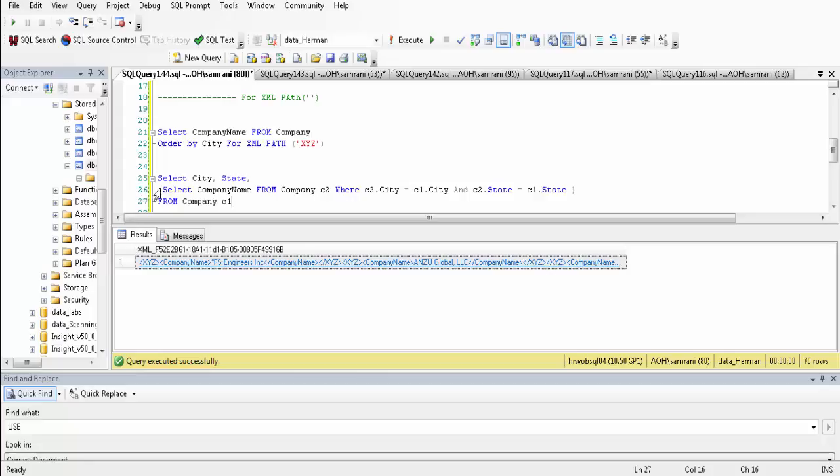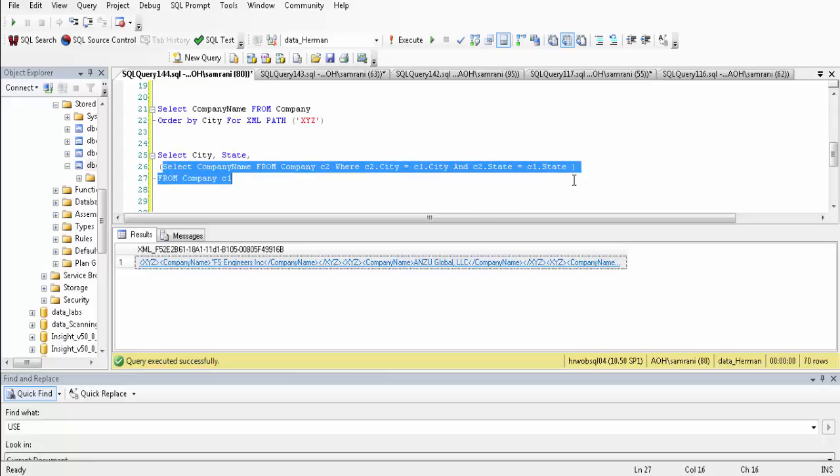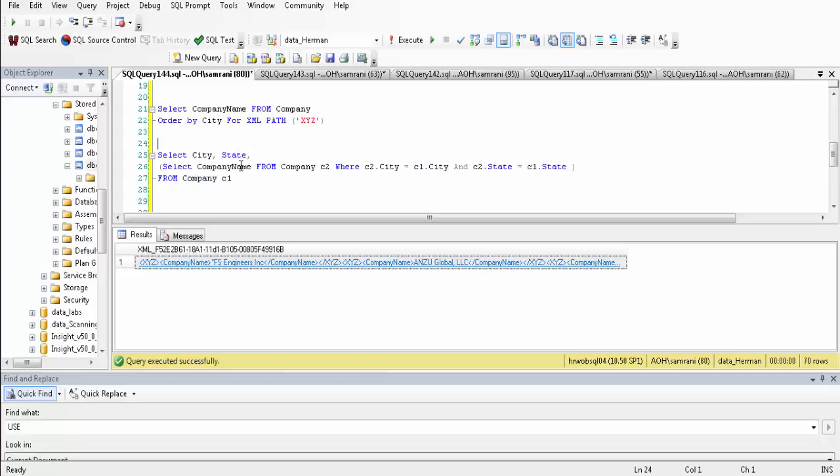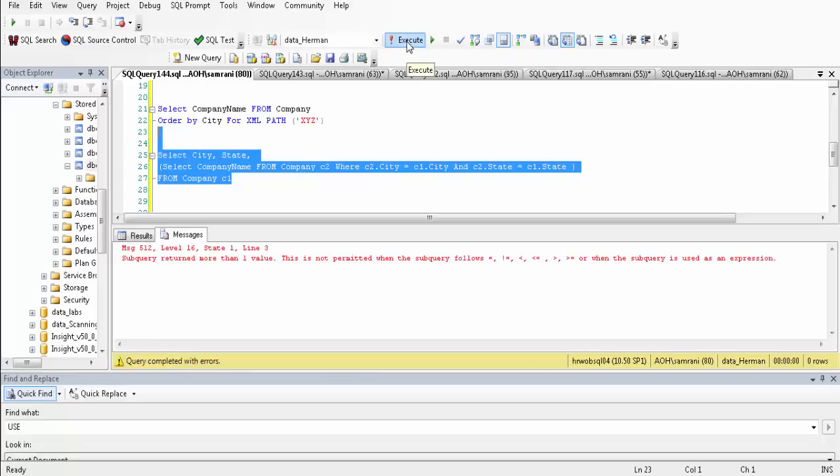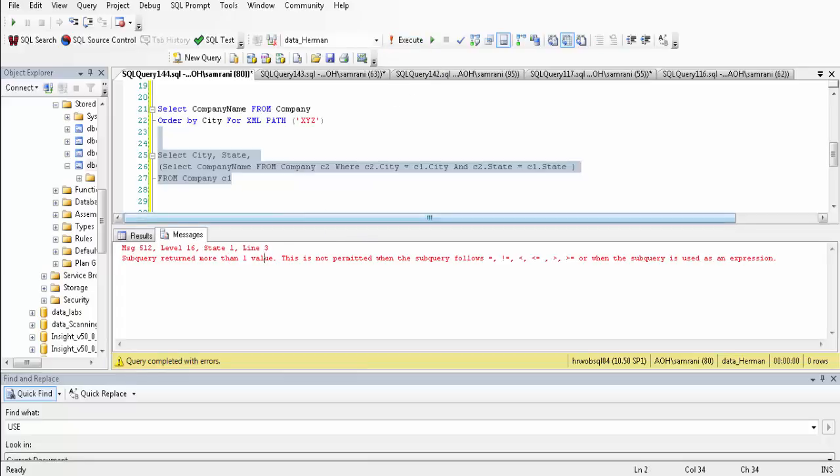No, because here it's multiple rows. I cannot have multiple rows with this one. So if I do this, I will have an error, because subquery returned more than one value, which makes sense. But if